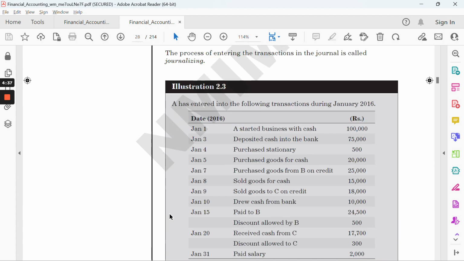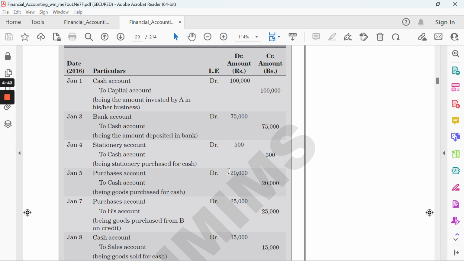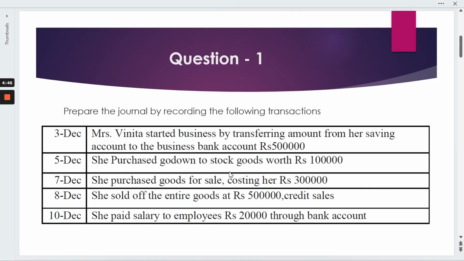If there is one illustration given in your book, like "started the business with cash, purchase stationery", you can just refer to that. Or maybe let's quickly see what is being asked. The very first one is Mrs. Vinita started a business by transferring rupees 5 lakh from her savings account to the business bank account. So it's simply a cash transfer or capital introduction, where the debit is 5 lakh